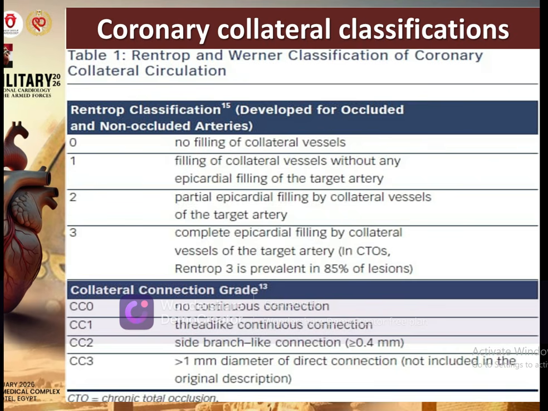CC3 looks like more than 1 millimeter diameter of direct connections, and it is a very well-formed connection that helps us to do retrograde surfing and retrograde collateral CTO